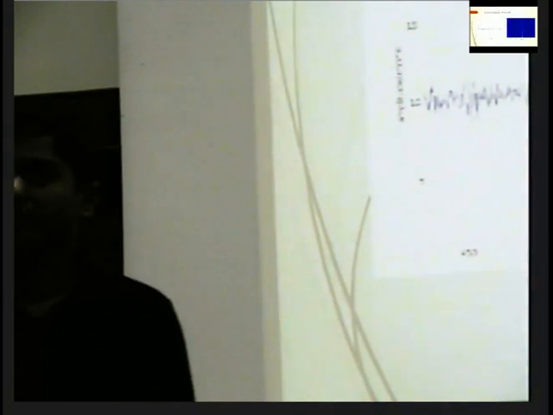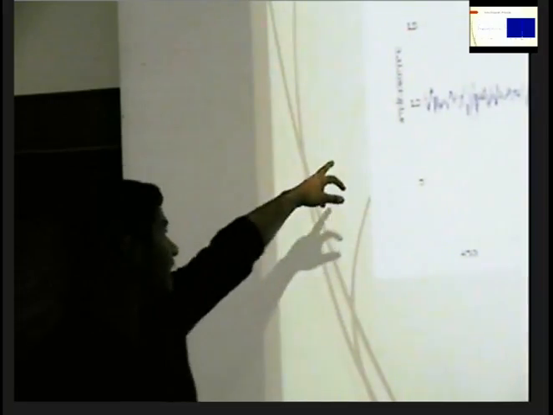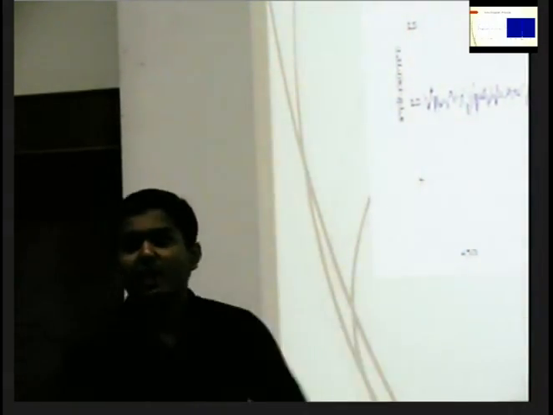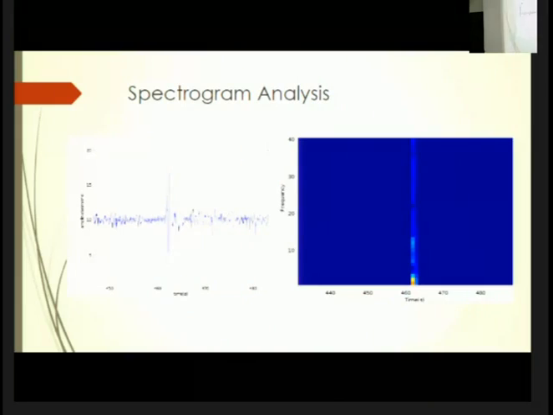How robust is it? Suppose you're in a traffic jam, going, stopping, going, stopping. It will not matter because of the amplitude we are taking here. The amplitude is the square root of the sum of squares of all three XYZ readings. I was not able to understand how it is different from a speed breaker. What kind of different readings? At a speed breaker or pothole, your vehicle will go up and down, and the shockers will produce this kind of acceleration. In a normal region, it will be mainly a straight line, so it will not matter in the spectrogram analysis.